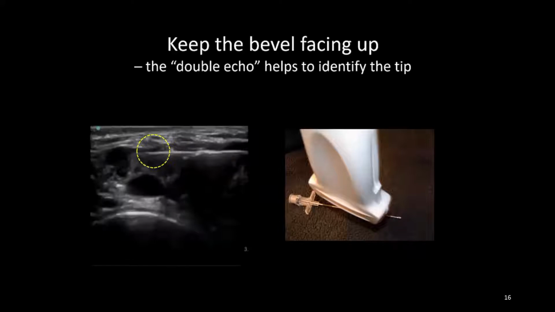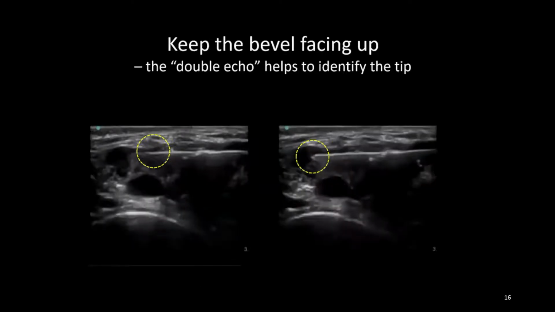So that is why we need a permanent thing to know that this structure is the tip of the needle. So the double echo sign thereby helps us to facilitate that and helps us in identifying the